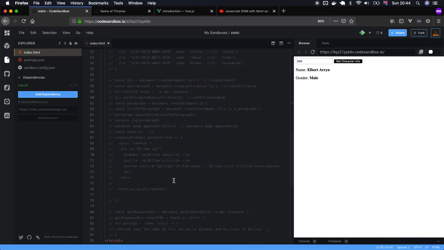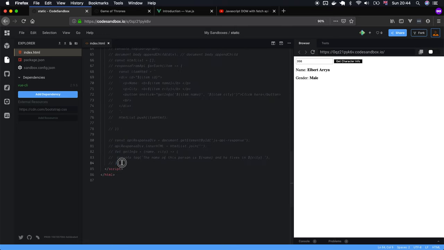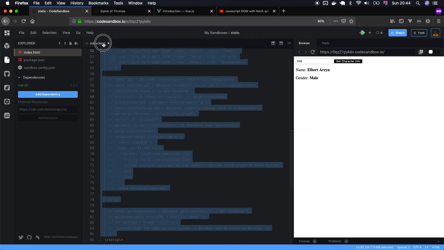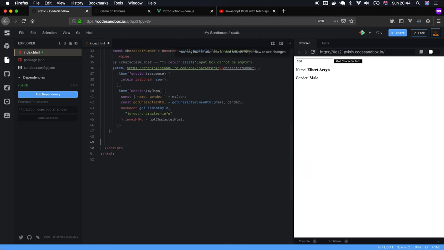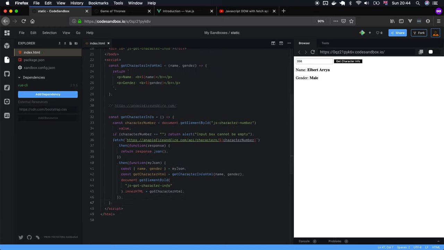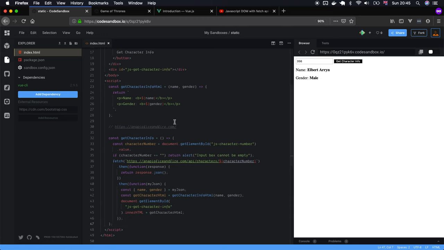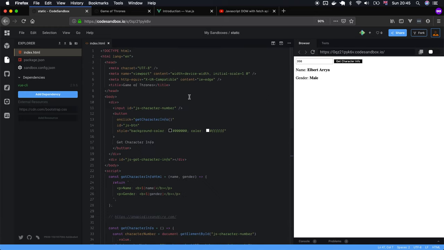Now, what we are going to do today is, sorry, I'm going to take this out so that we have it a bit more clear. Yeah, so what we are going to do today is that instead of using vanilla JavaScript as we have used here to make this request and render this page conditionally, we would actually use Vue.js to create this page and render it. Now, the first thing we will do is to add the script tag